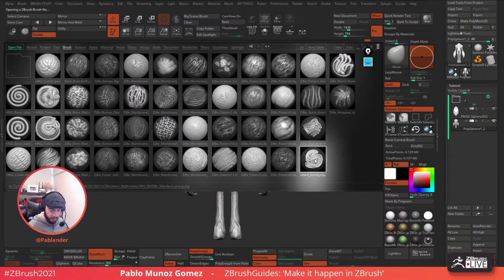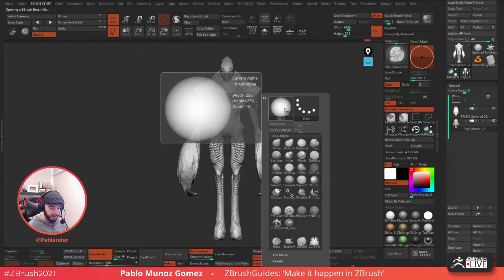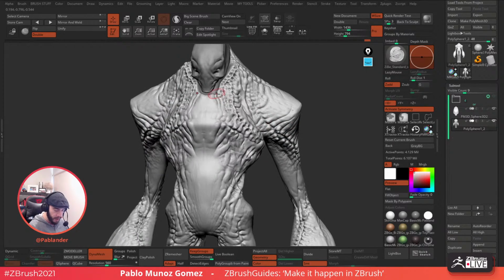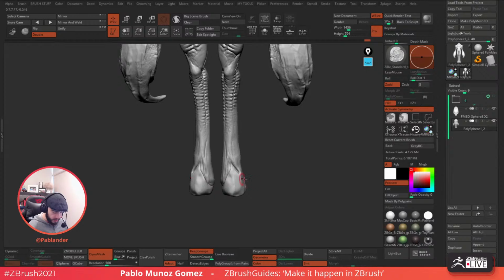The standard brush, the standard strong. So this one is obviously based on the standard brush, but it has certain settings and a different alpha. It's a standard alpha that comes with ZBrush, but it has certain settings that make it a lot easier to work on these specific patterns. So because I changed this thing,